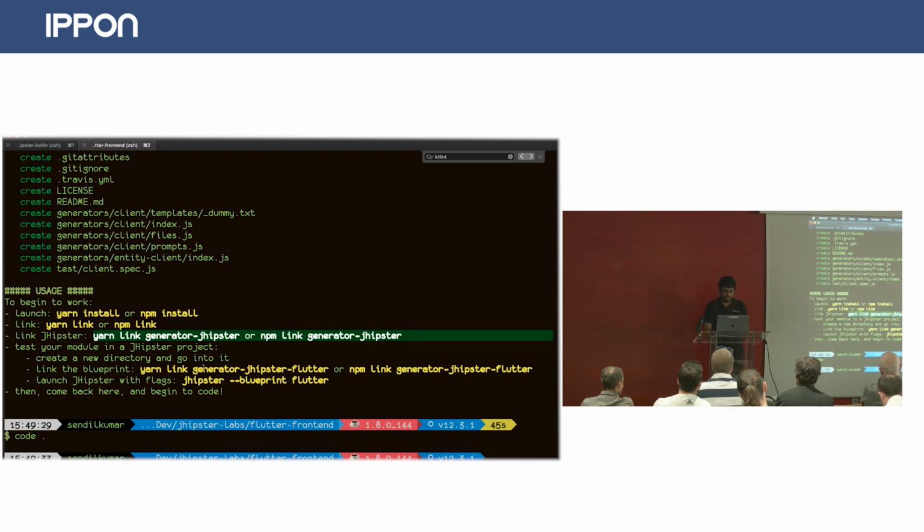Now, the ideal way of running it is jhipster --blueprint flutter, which means you're invoking a JHipster application that goes and invokes the blueprint application, and the blueprint application generates everything and comes back to the JHipster application, and then it goes back there. So that's how this entire thing works. But when you have your own CLI, you just hit your application, and that goes and uses JHipster, gets the information, does all the things that you want to do, and returns it to your application, and your application returns things. So you can have that flexibility of control over there.